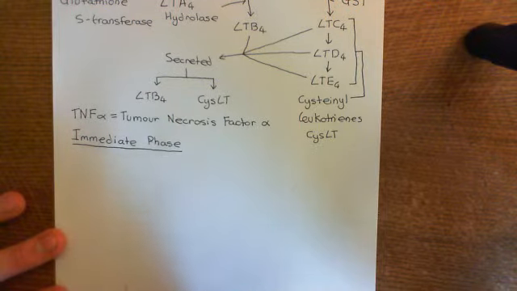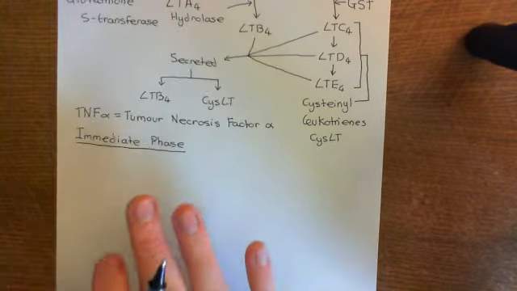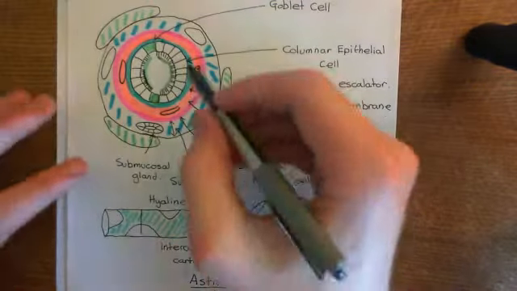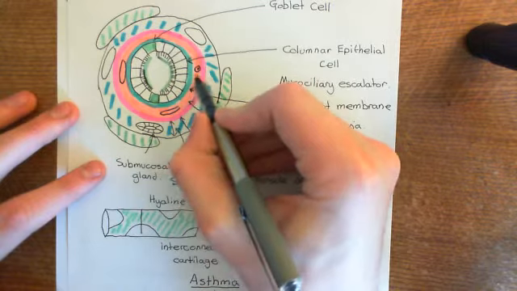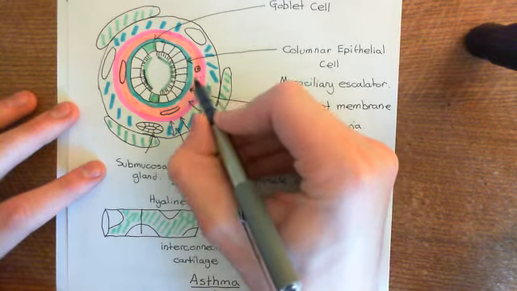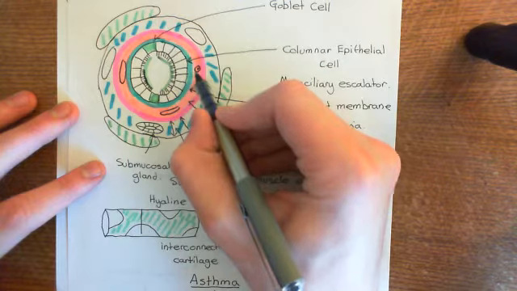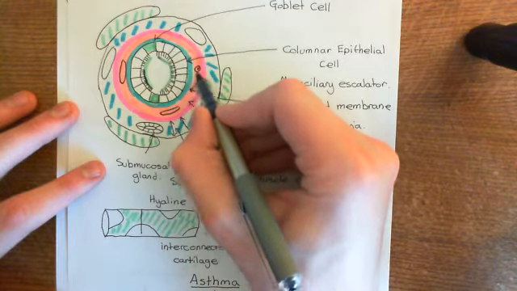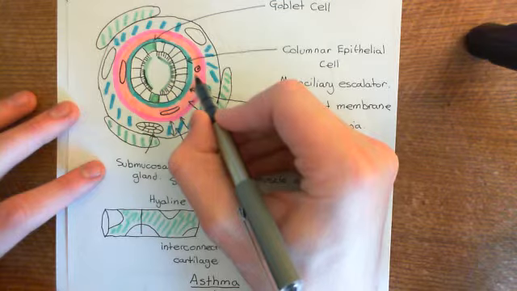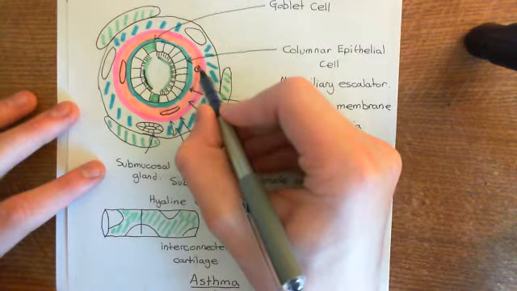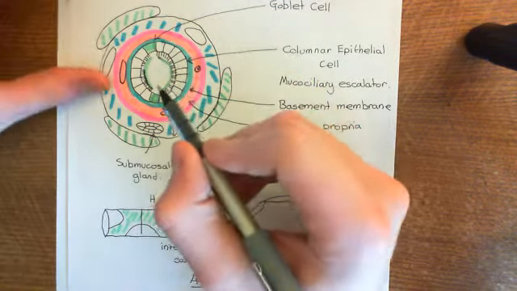So, firstly, what's going to happen is these mediators, histamine and cysteinyl leukotrienes, are going to diffuse backwards towards the smooth muscle cells, which are lining the bronchus. So remember, underneath the lamina propria, there was this layer of smooth muscle cells, and what's going to happen is from the lamina propria, where the histamine and the cysteinyl leukotrienes are being released by the mast cells, these mediators are going to make their way backwards to the smooth muscle cells, and they're going to cause contraction of those